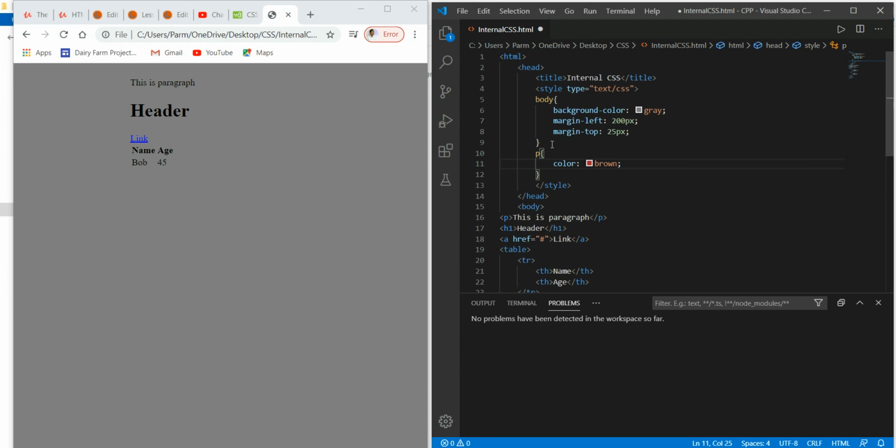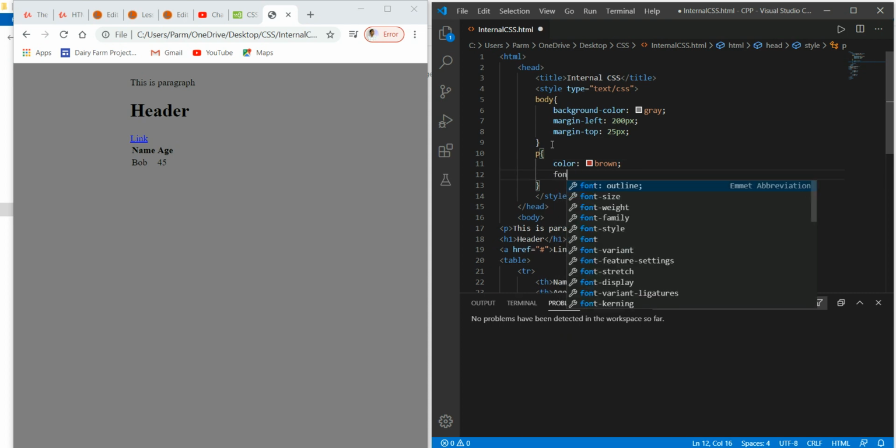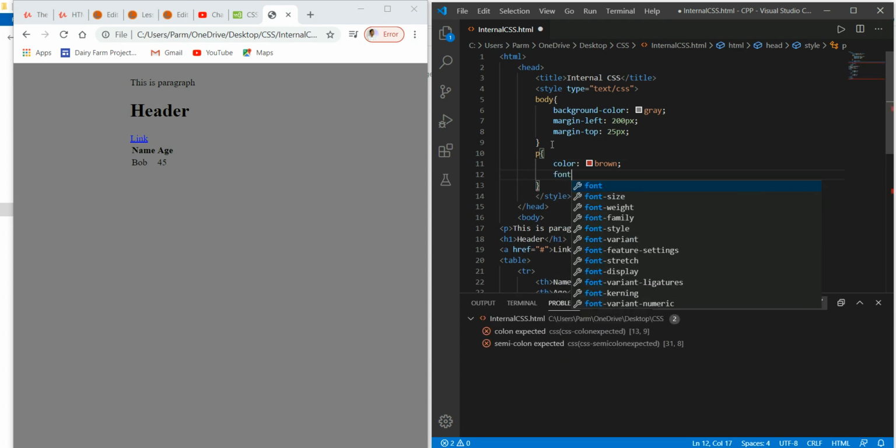This way I give the color to the paragraph. Say I also want to give it a different font. These are the default fonts, so I want to use a special font for the paragraph.